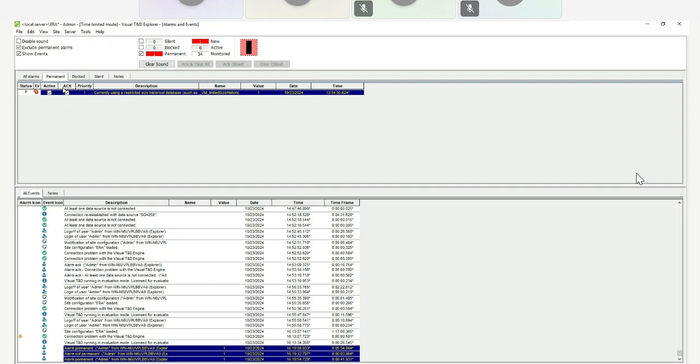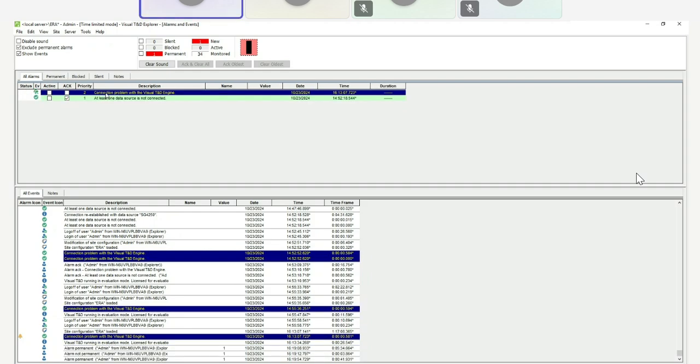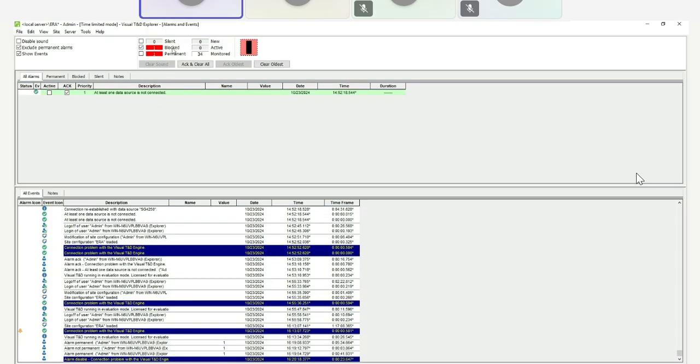group of alarms. For example, for these two connection problems with the visual TND, I want to categorize them as black alarm. I could just select that one, then click the black category in this window.